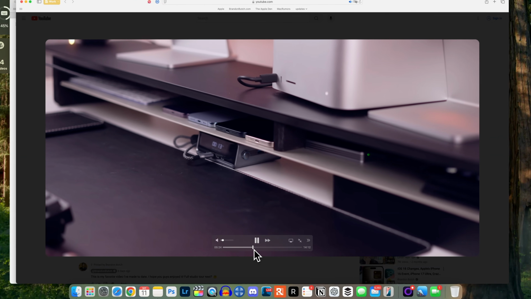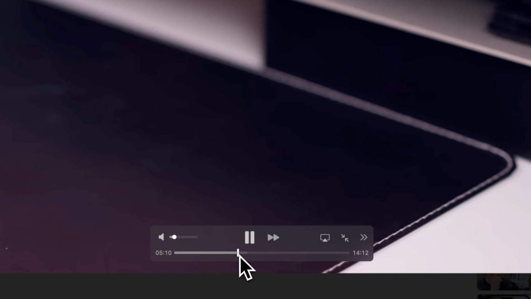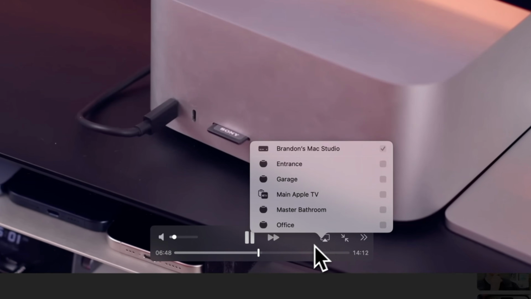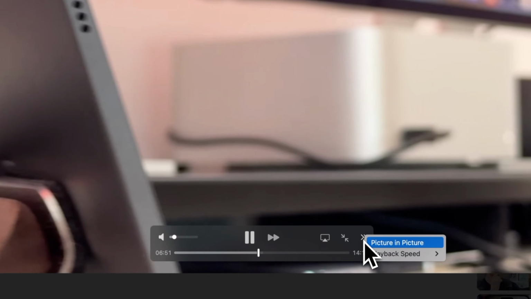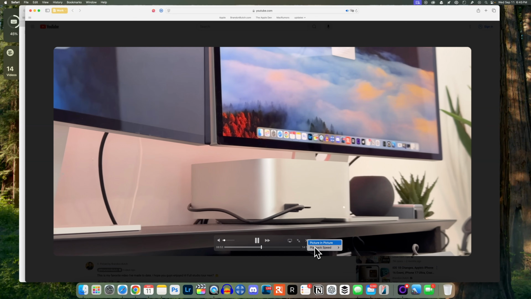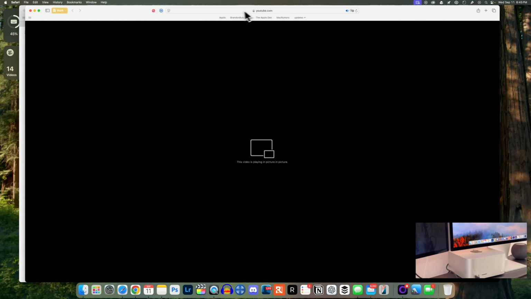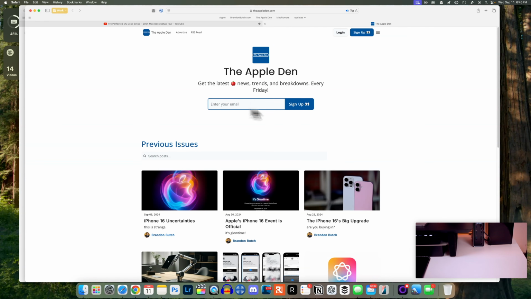So this is awesome, and it also gives you kind of a native video player here as well, so you don't have to deal with YouTube's player. You can even AirPlay from this menu, you can make it smaller, and you also have other options such as the playback speed and also picture-in-picture. So you can put this YouTube video in picture-in-picture mode and then go on to another website like the Apple